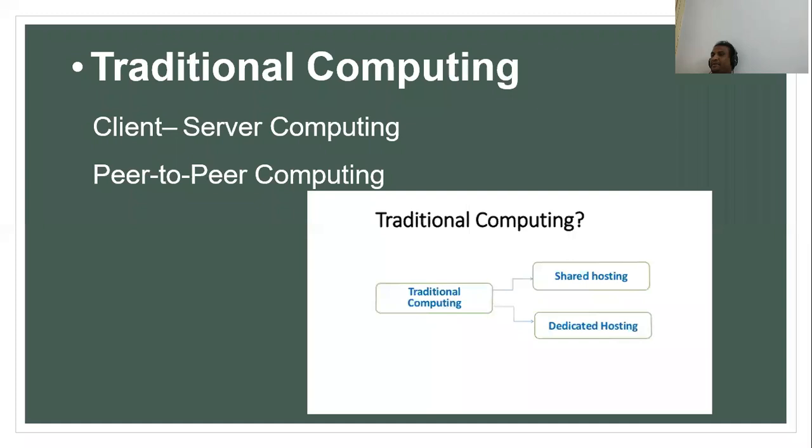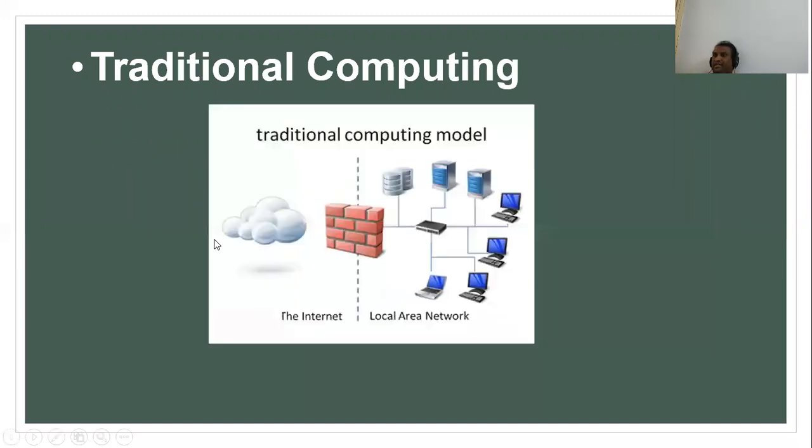Take a simple example of a college website. The college website is hosted on one of the servers, and in that server other hostings also can be there. All the hostings are shared in one server. That is what we call shared hosting. Dedicated means it will be only for that purpose and cannot be used for any other purpose. Normally dedicated hosting is used only by bigger companies, multinational companies.